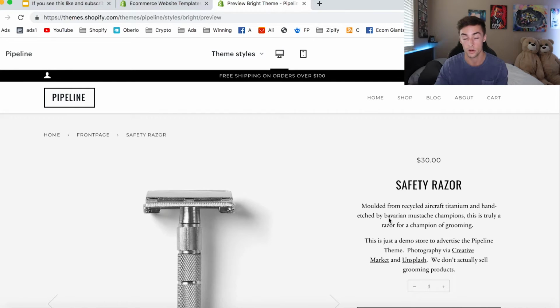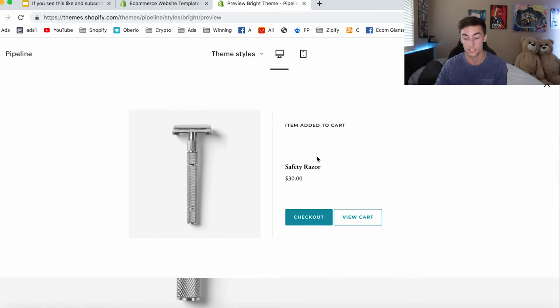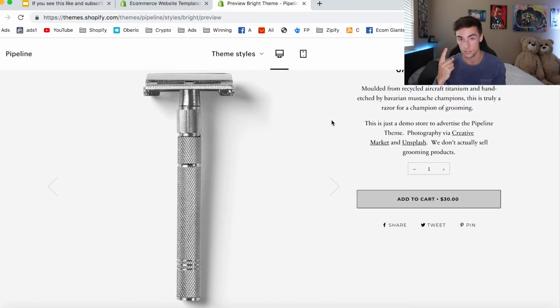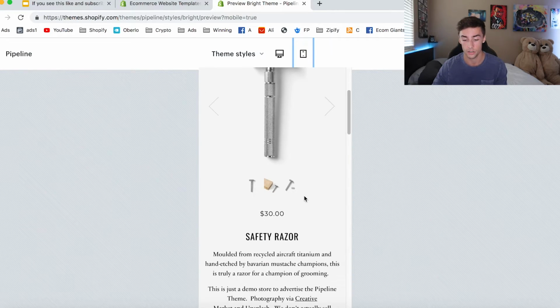I just really like the way it works. I like the way it looks. I like the product pages. I like the carts. I like the way, you know, this is a drop-down cart. They have modular carts. They have page carts. They've got a whole bunch of different things, but it just looks really, really good on mobile.